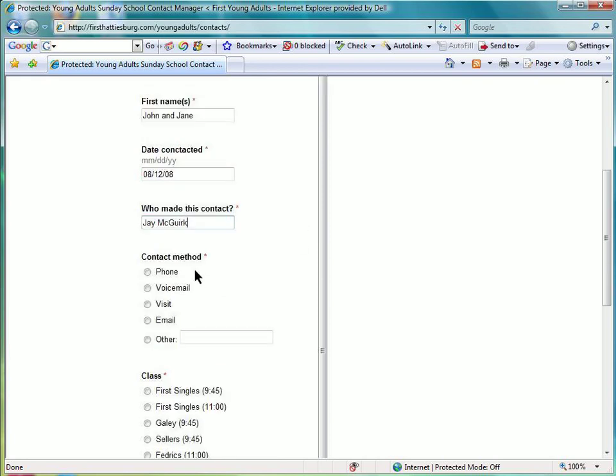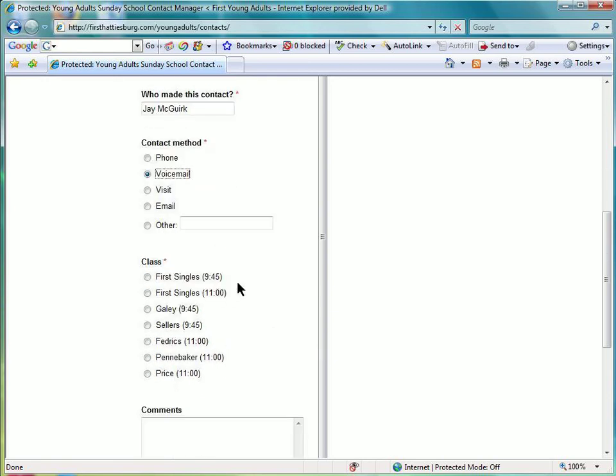And then come down here and let us know how you contacted them. I will say that I called them, I did not get them, so I left them a voicemail. You can only click one of these radio buttons, but if there's some other way that you ran into them, goodness knows how, you can do that, and then type in what you'd like for us to see there. But let's say I left them a voicemail, and let's say that John and Jane Doe visited,